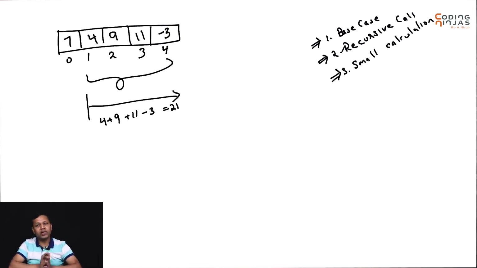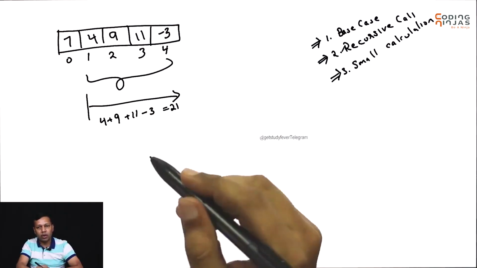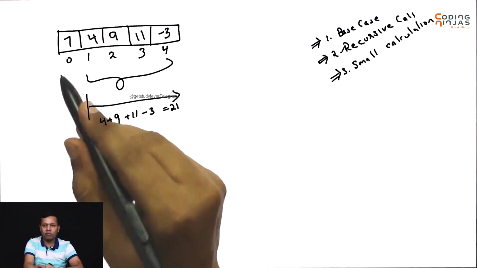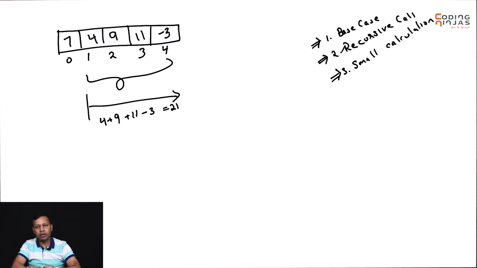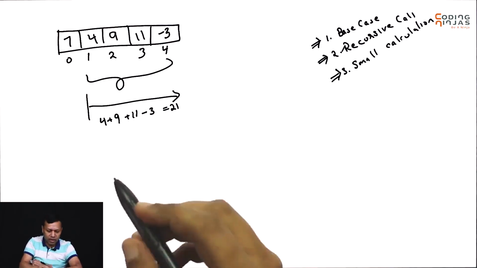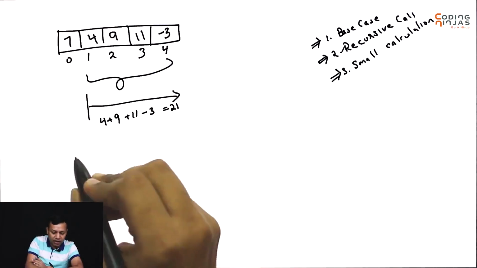What other ways can we divide our array? In the first instance, I told you that we can divide starting from the first element, and this would give us some answer, and we can add the element present at the 0th index and return the sum. Another way we can approach the same problem is wherein we have the same array, but we divide it